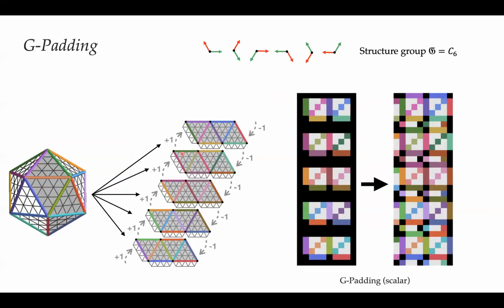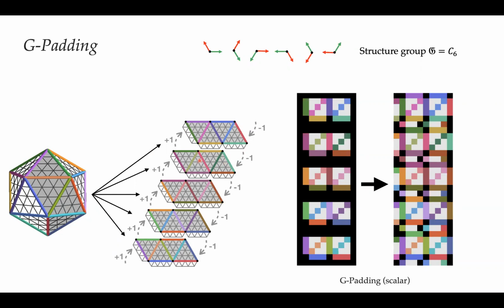So what you see here is that as you transition between these charts, there's a change of direction. For instance, this green line is oriented in a horizontal direction in the bottom chart, but when you go to the next chart, it's oriented diagonally. We indicate this by the +1, which corresponds to +1 times 2 pi over 6, a 1/6 rotation. So our structure group in this case is the group C6, 6-fold rotations, and on this side we see the opposite change of orientation.